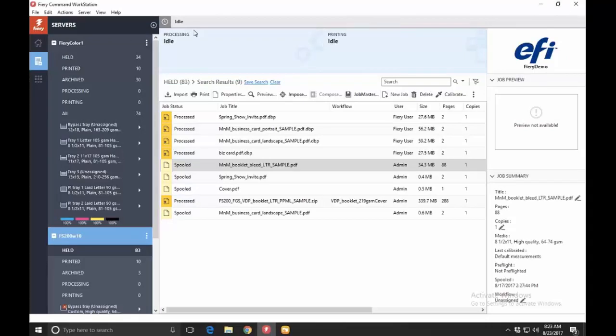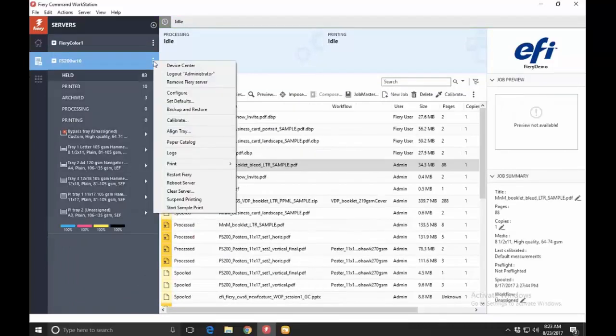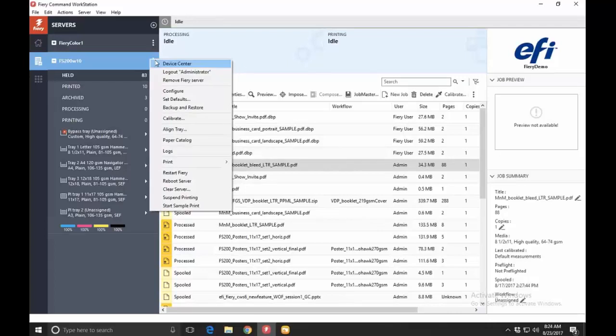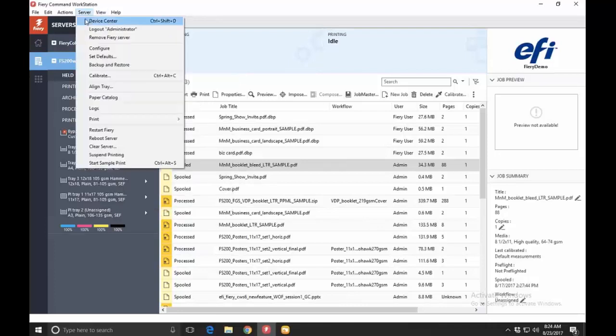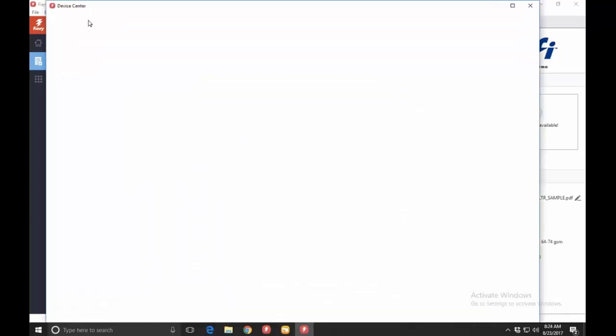I have a preset, so I'm going to collapse the server and go to Device Center to look at the preset. By the way, there are two ways in Fiery Command WorkStation 6 to access Device Center. You can click on those little three dots to access Device Center, or you can go to Server and access Device Center. Either way, same thing. So when I open this,